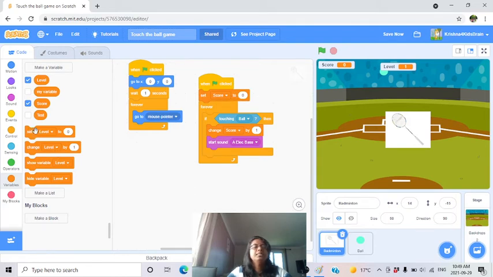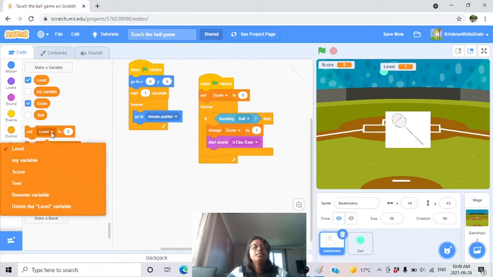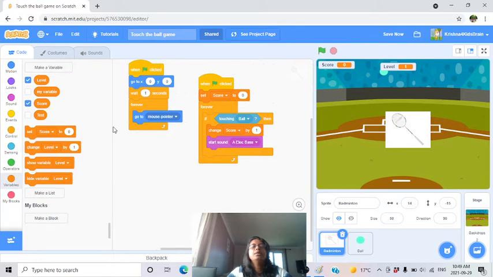Now the first variable, score, I set to 0. So I'm using this block to set to 0. This is level, but actually I set the score. Okay, score set to 0. Then